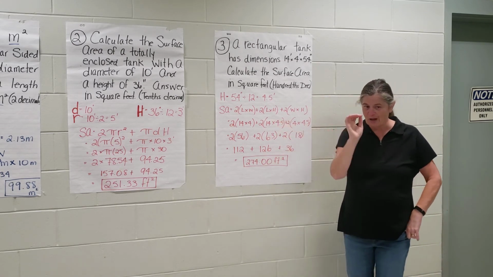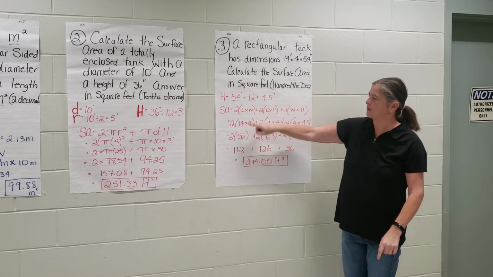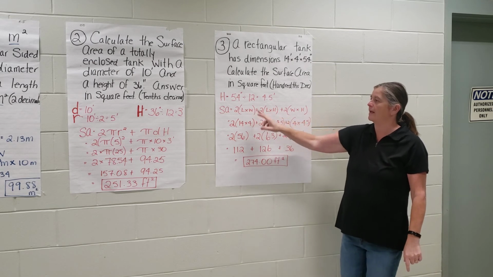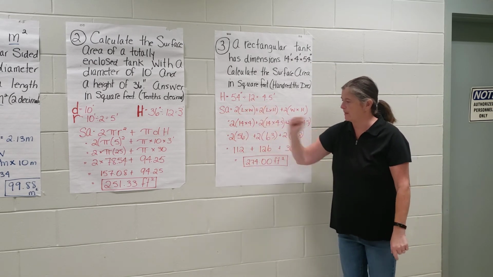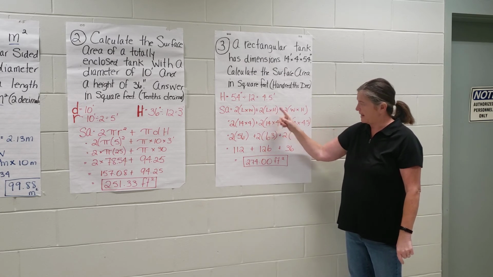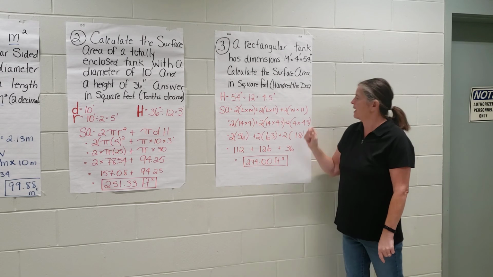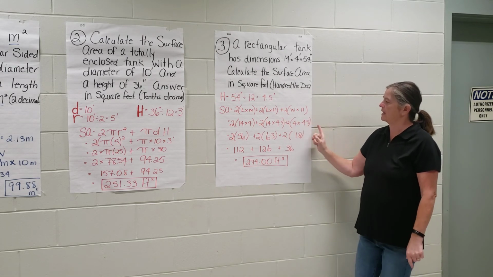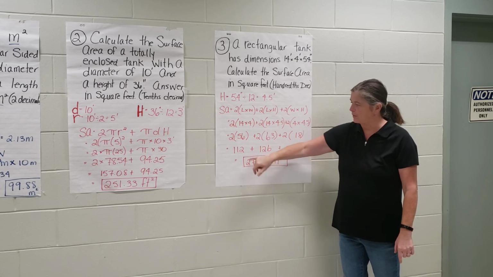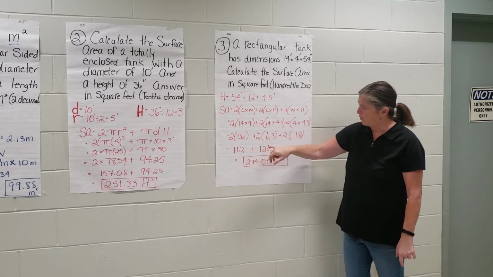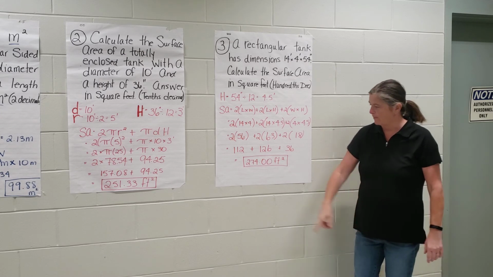So we're just gonna follow it along, but we do have to remember, we have to do what's in the brackets first. So length times width, and then times it by 2. 14 times 4, and then times it by 2. Length times height, then times it by 2. And the last one, width times height, and then times it by 2. Right? And after each one of those, you're hitting equals, so we end up with 112, 126, and 36. Guess what? Now we're just adding them up. And we get